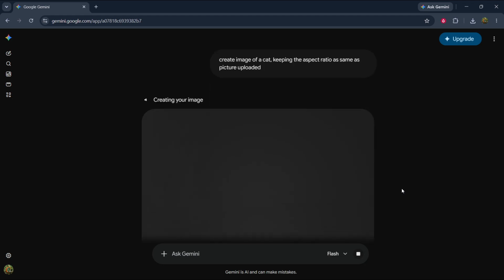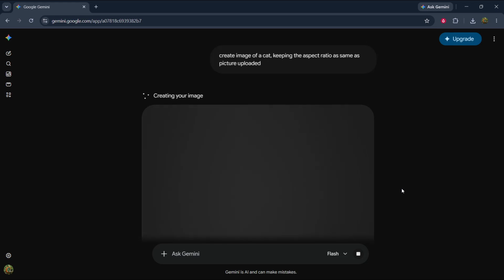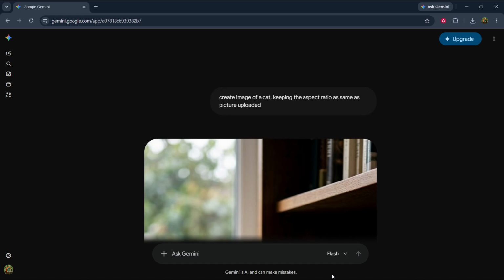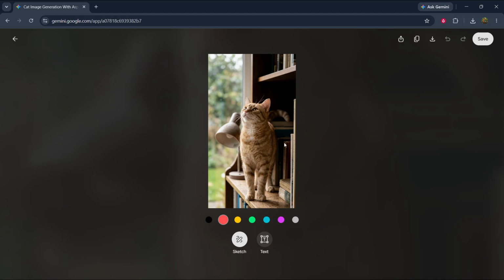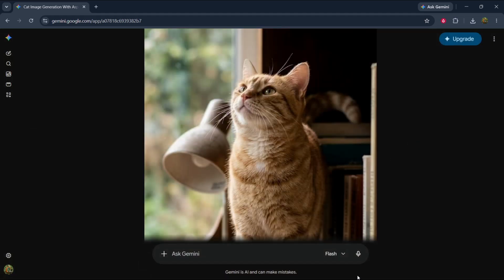And there you have it. Those are the steps to fix the Gemini Nano Banana aspect ratio problem when creating images. Remember, the key is to start from the right prompt and to make the necessary adjustments along the way to ensure your image's proportions remain exactly how you want them. So the next time you're faced with aspect ratio challenges in your image creation processes with Gemini, you'll know exactly